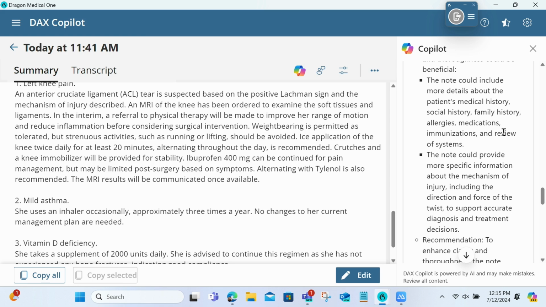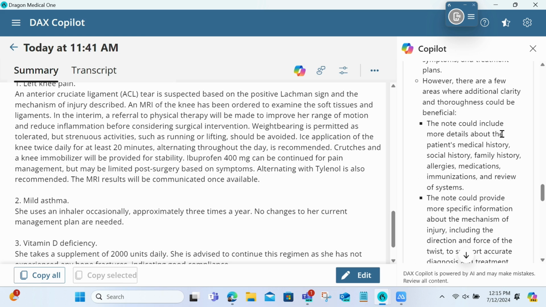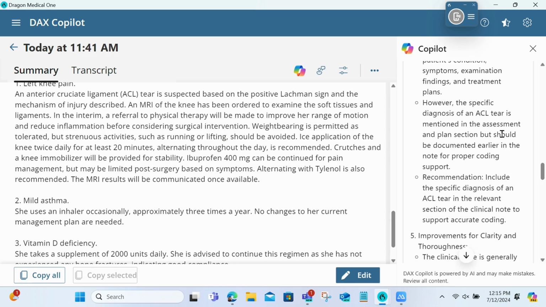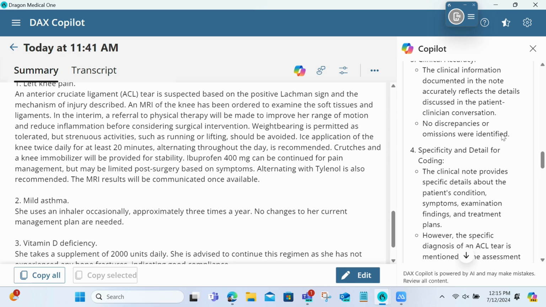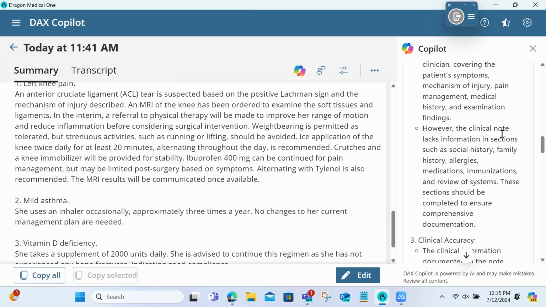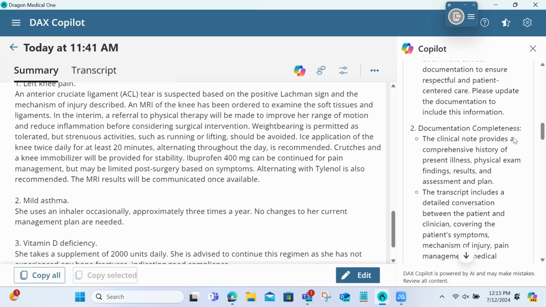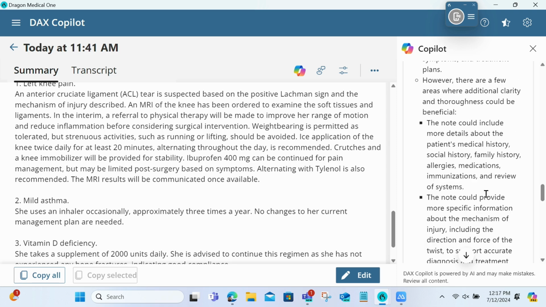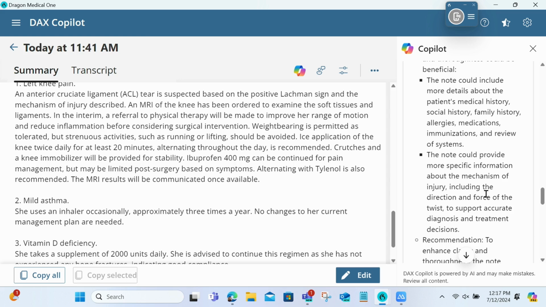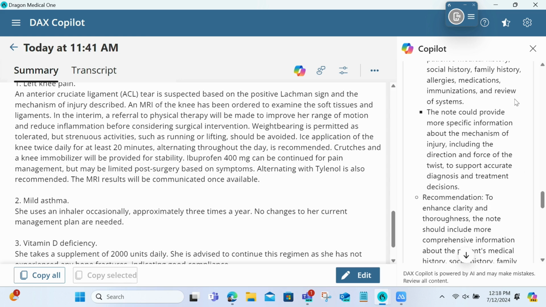Okay, so for example, Copilot has identified some areas in which I can improve my documentation. It does acknowledge, though, that my documentation is overall pretty good, but let's look at a few areas where we can add additional clarity. It really thinks that I should include more information about the patient's past medical history, social history, and family history, again, to make my note more robust, to improve reimbursement and the documentation going forward on the patient. And it's also asking me to include more specific information about the mechanism of injury, including the